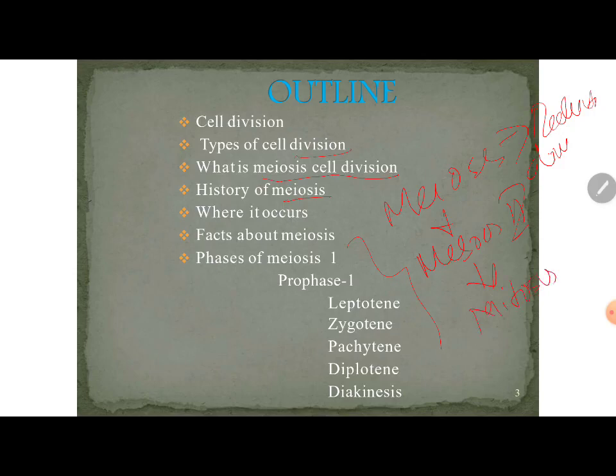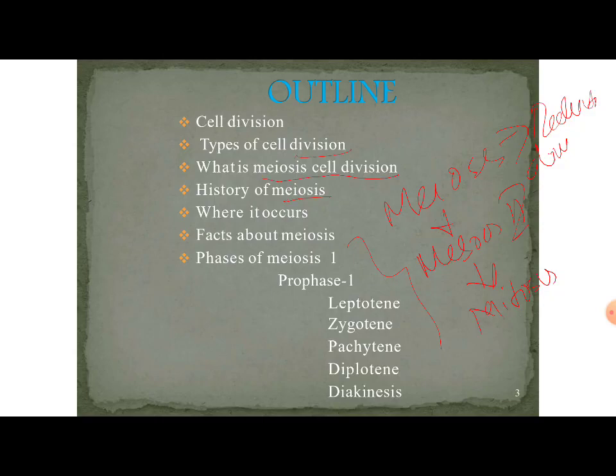In mitosis we clearly saw that the DNA gets doubled up, and that is divided into two equal halves to the daughter cells. Whereas here the number is going to be reduced to half, and that will again duplicate to form 4 cells. We'll see in detail how it happens. And one more thing which happens in meiosis is crossing over, the exchange of genetic material.